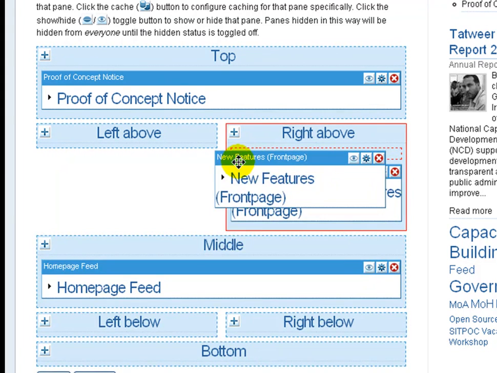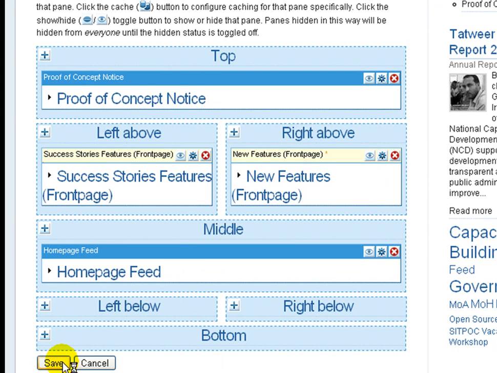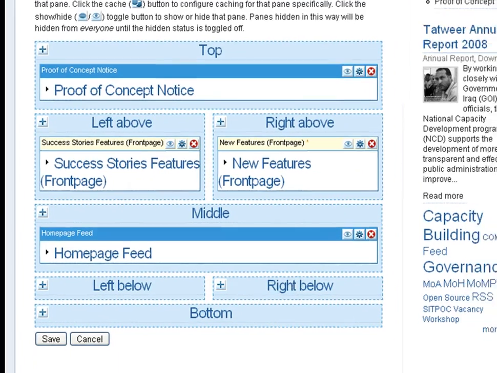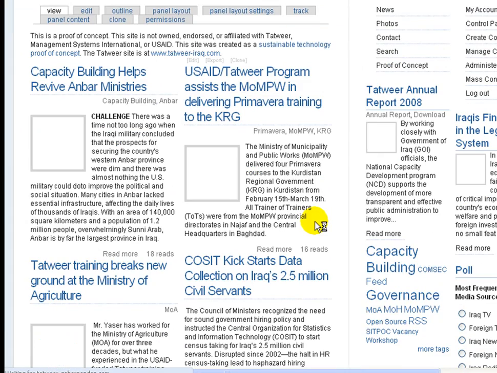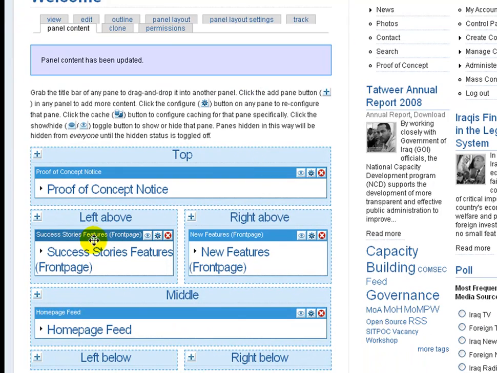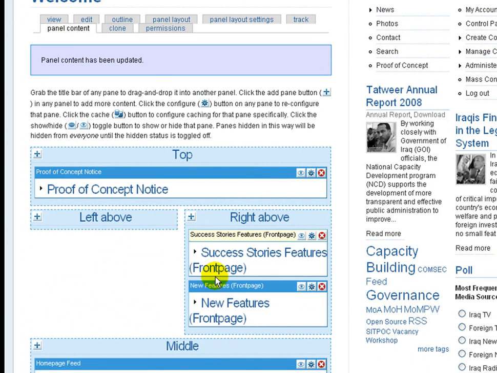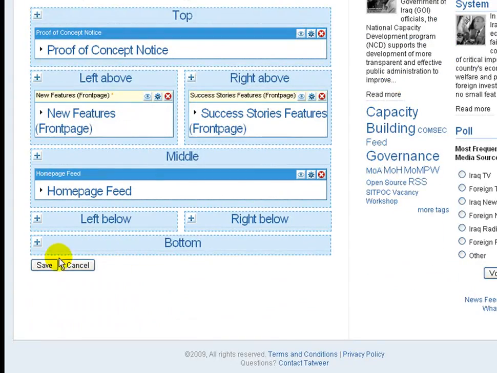Let's say I wanted success stories on the right and news on the left. That's simple enough. We hit save, come here, refresh the page, and there you go. They've changed. It's a fantastic solution. Even some pretty advanced design features like what we're doing are just